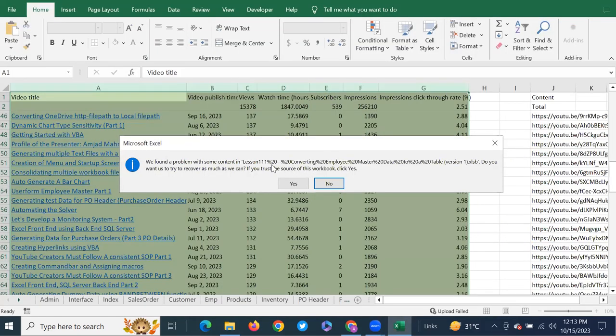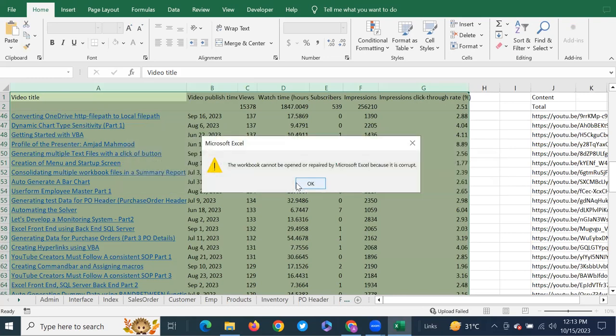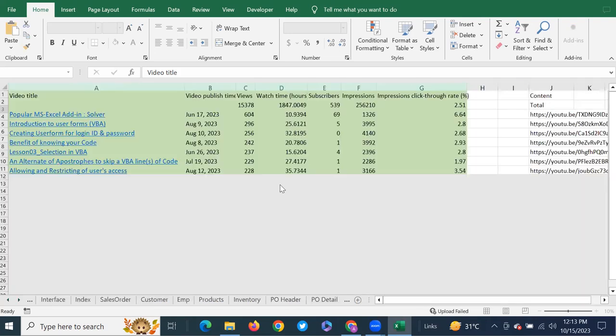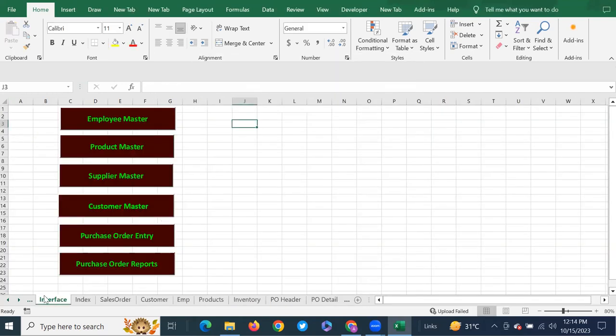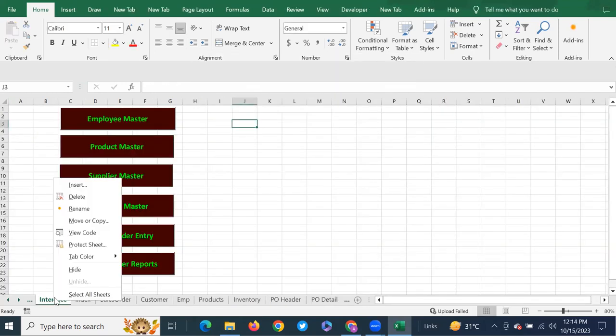Yeah, this is the trusted workbook. So you say yes. If you trust, yes, we trust this, and we click OK. So this is now going to run. That's fine. Let it run. And now, what I'm going to do is